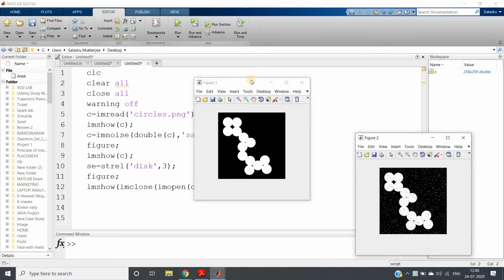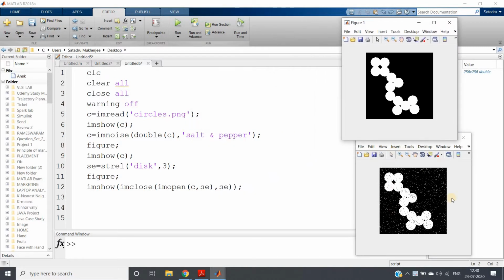This is my noisy image after adding salt and pepper noise. You can see here that in the binary object, peppers are present, and in the background, salt is present. Now, point to be noted, this image is logical. If you take this image as input from the MATLAB database, you will get a logical matrix. So imnoise is applicable on double or unsigned integer 8 or 16, maybe. As a result, you need to typecast to double and then apply salt and pepper noise. Now this is our image.